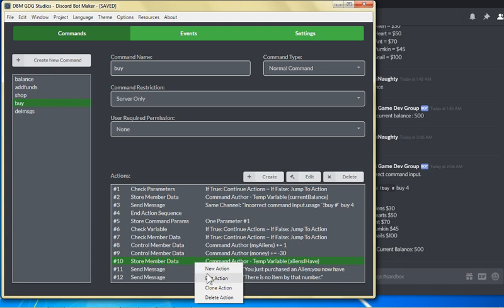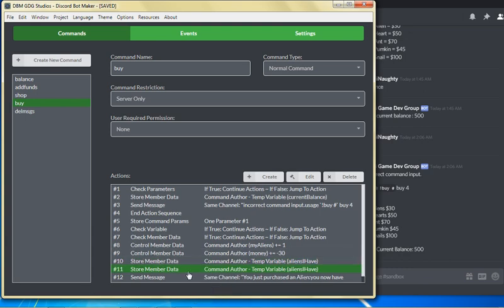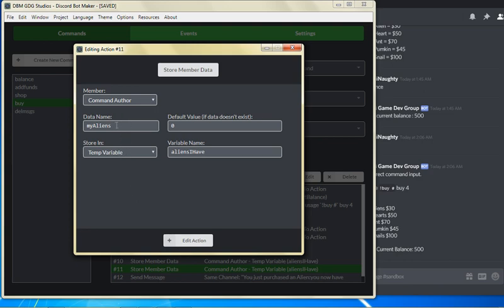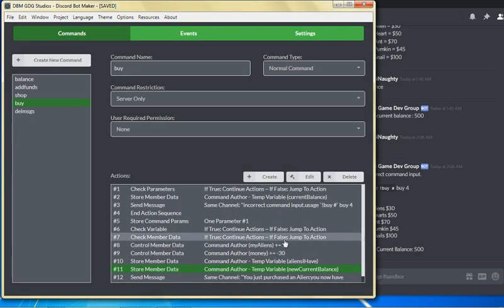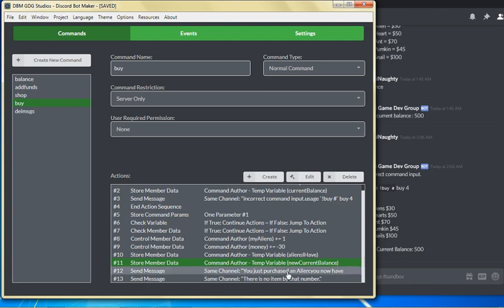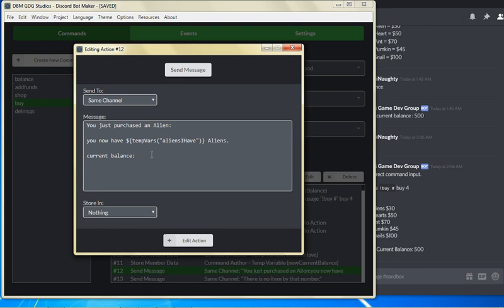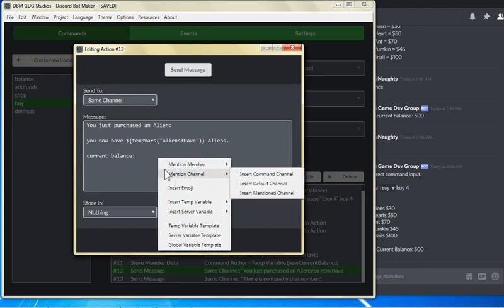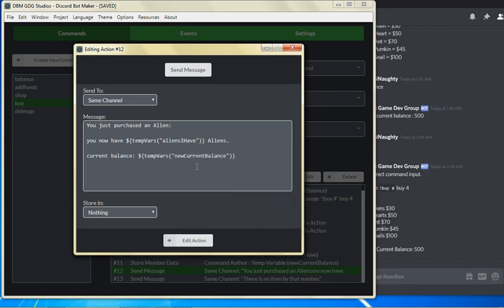So we'll go ahead and duplicate that store member data, open it up, and for the data name we're going to change it to money, and for the variable name we're going to put new current balance. Click on edit action, and that looks like where pretty much it is. So open up send message, and for the current balance we're gonna right click and insert in the new current balance temp variable. Click on edit action,